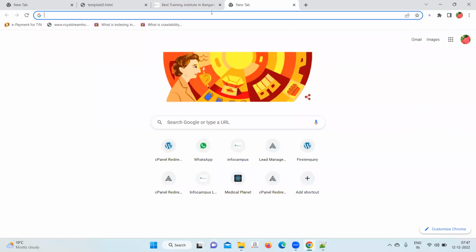So connect your laptop with internet. If you are logging in mobile, connect your laptop with internet. After connecting, open this file, or hold on, before doing that,